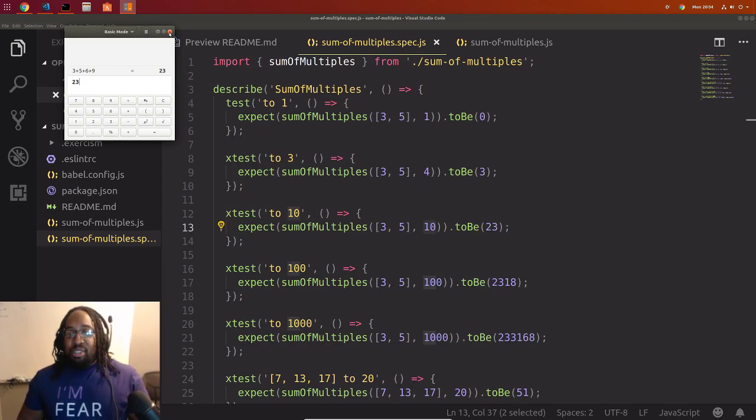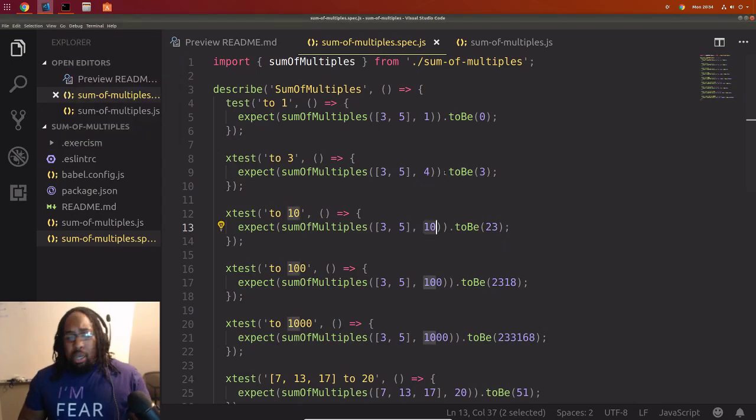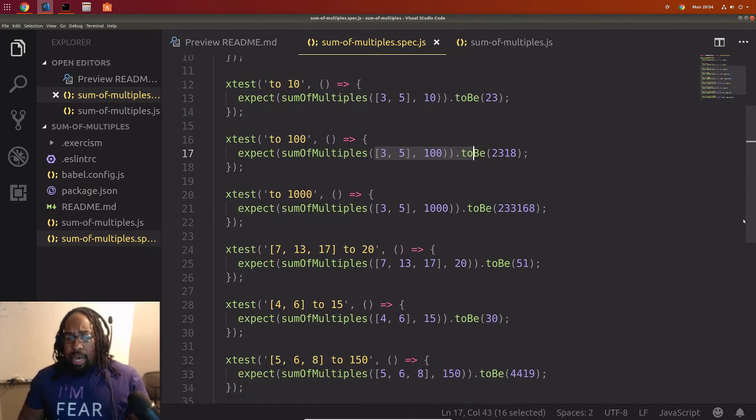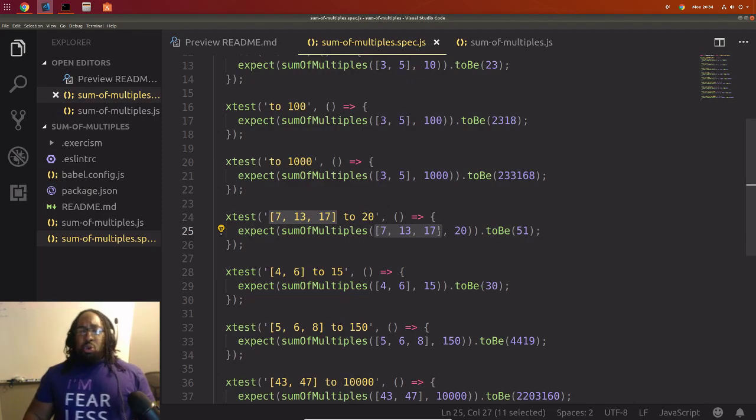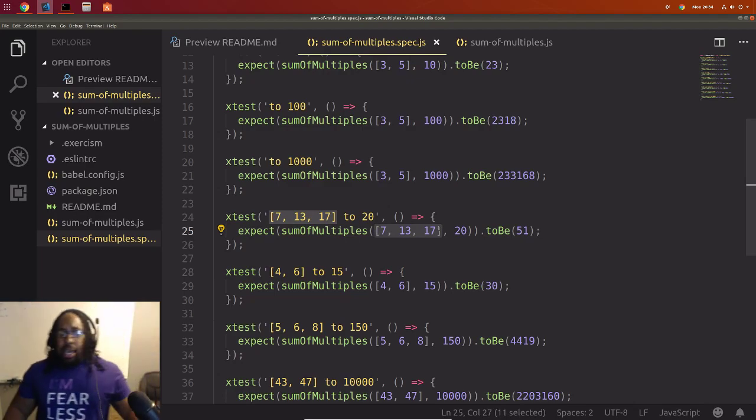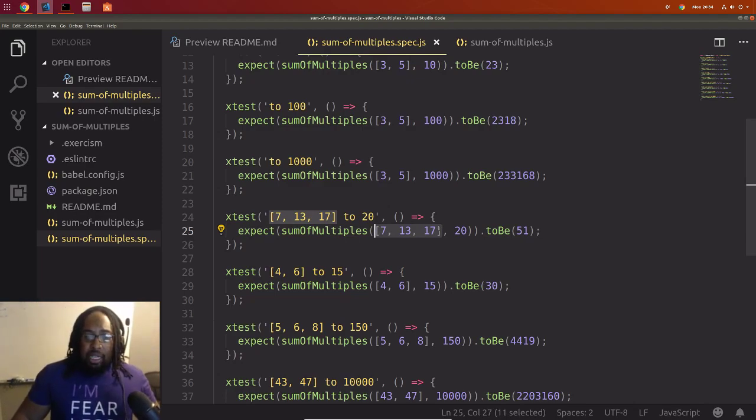So don't worry if you're struggling through this. You can get this. So I think I got it. I think I understand what we're doing here. We're just adding up all those numbers, but this is what I was worried about. It looks like it's throwing a little wrench in here. And I guess this is why this is actually a medium problem instead of an easy problem.